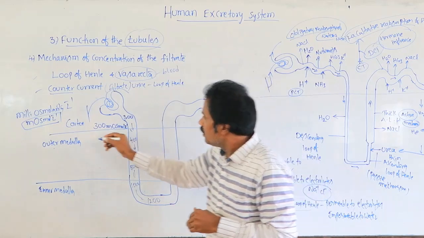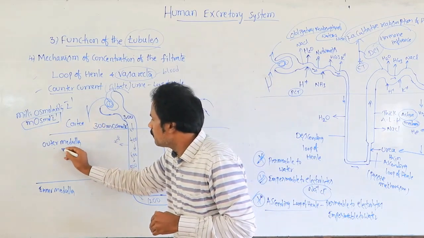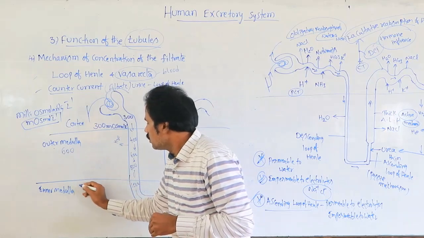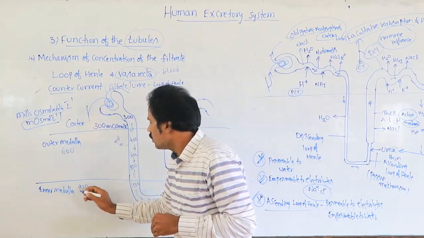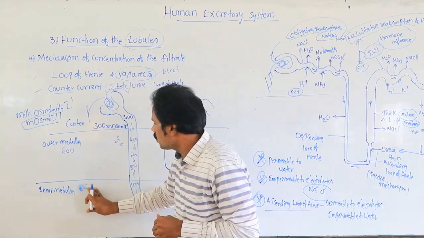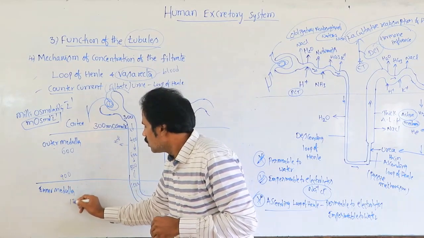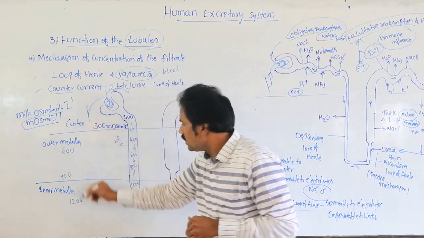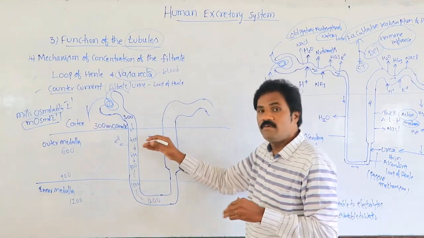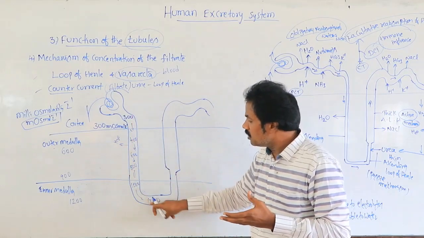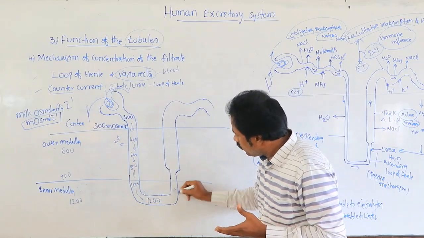The maximum here is 300. Here it will be normally 600. Here it will be 900. In the outer medullary region 600 to 900. Here 1200. So the concentration gradually increases because salts are unable to be reabsorbed and only salts are present. That's why. Then related to the ascending limb,